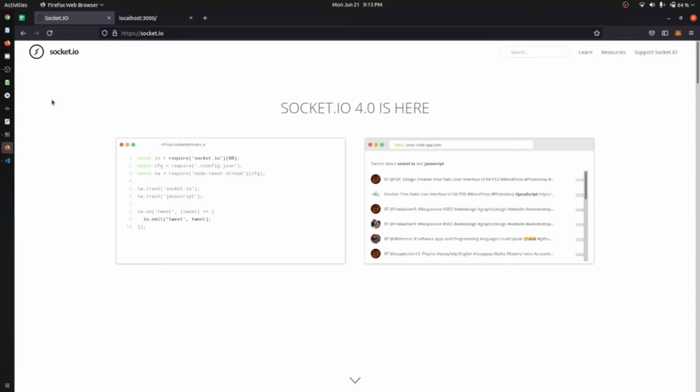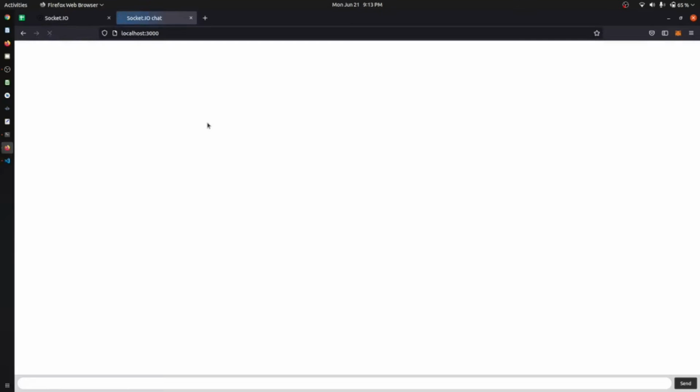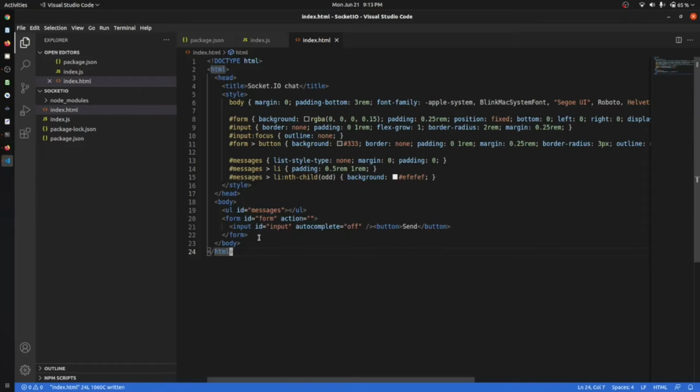Let's go to our page and just rerun it. Okay, so you can see that we have a page where we have some input part and we have a send button. Okay, and it's working. Basically you can see that in the code we have a form field and we have an input and other stuffs.